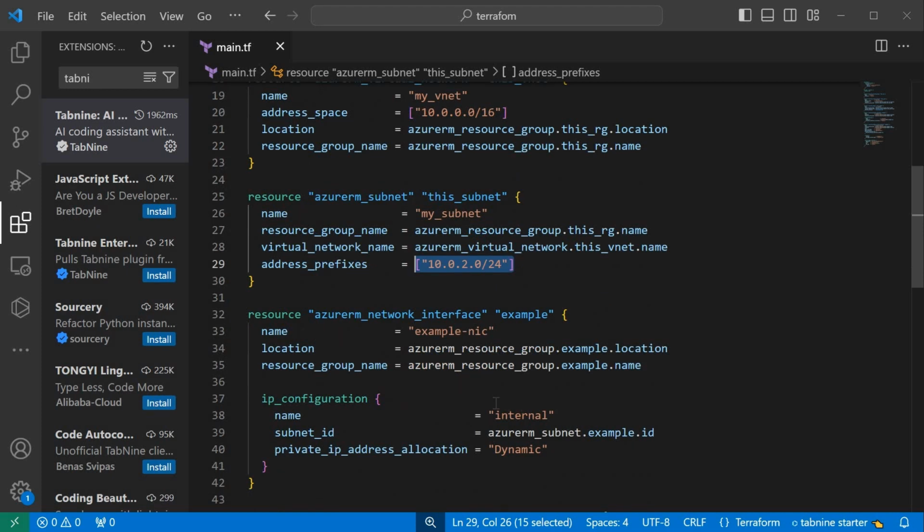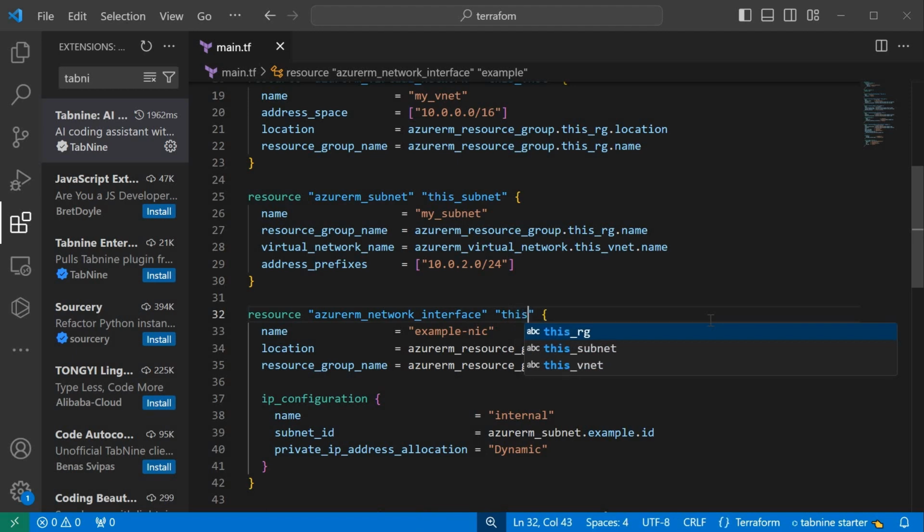Next resource we're going to configure is our network interface. Just the same pattern, okay? This is constant, it's actually the resource name, but this is the local name. So we use the same convention and call it this underscore NIC, network interface. And we are going to give it a name that will be seen in the portal, following the naming conventions. I can say is mine